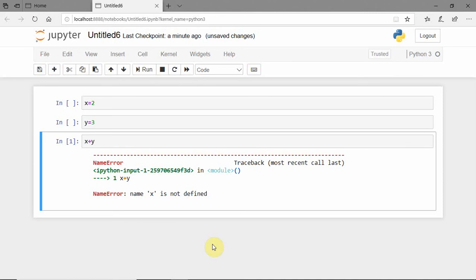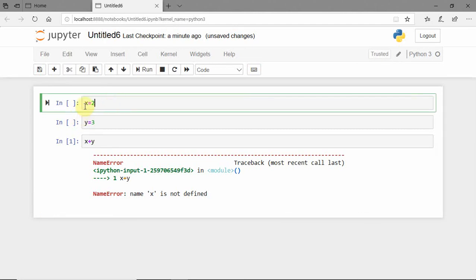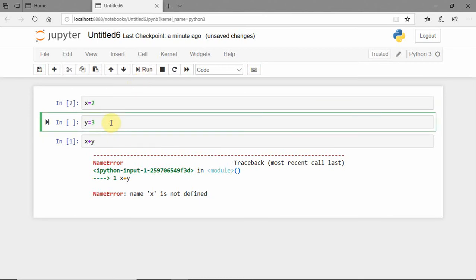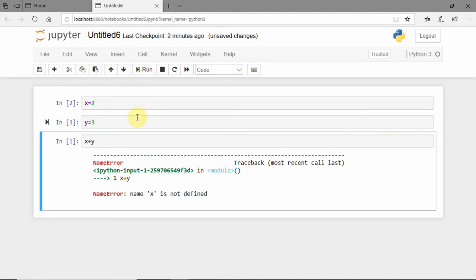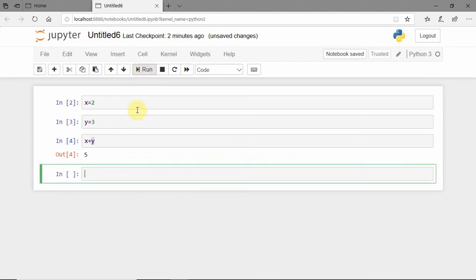That means whatever the value that you wrote here, that is not taken by the x variable. So what I have to do? You have to execute it. Whenever you have written x is equal to 2, try to run it. And then the value of x contains 2. Now y is equal to 3 and try to execute it. Whenever you execute, then the value of 3 is assigned to y variable. Now click on this cell and try to run the program. Now you will get x plus y, that is 2 plus 3 is equal to 5.